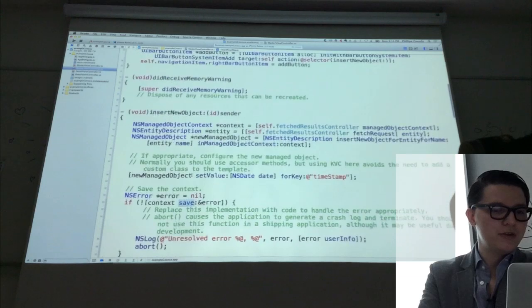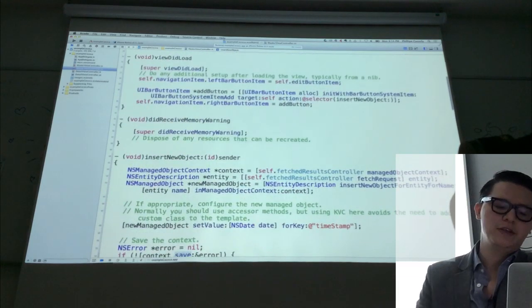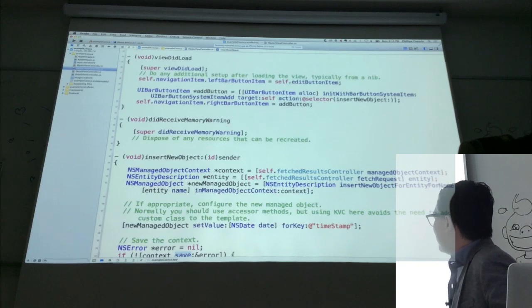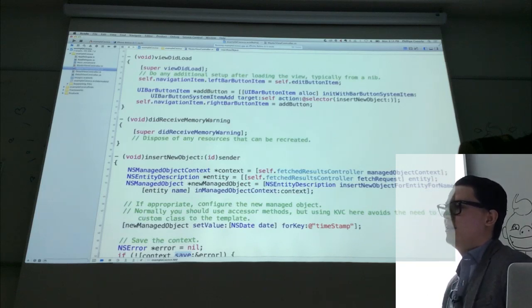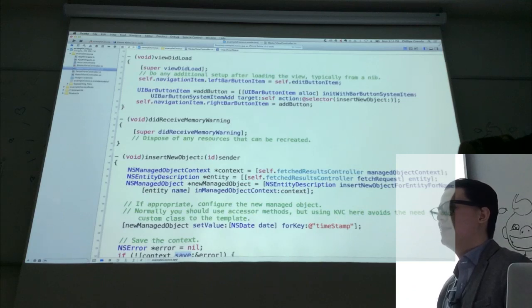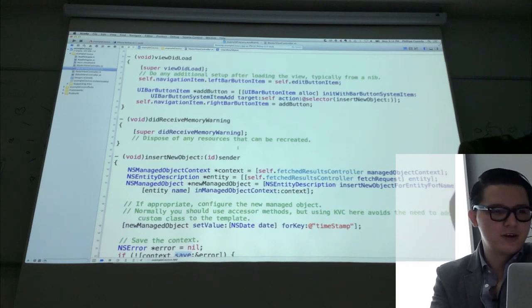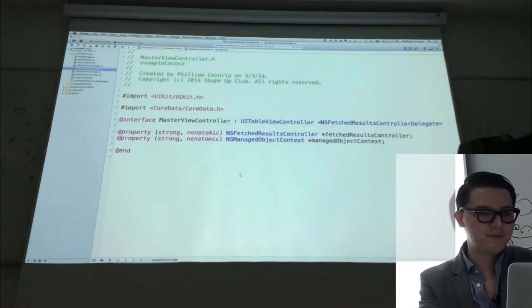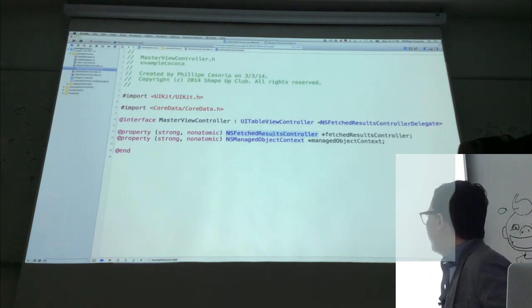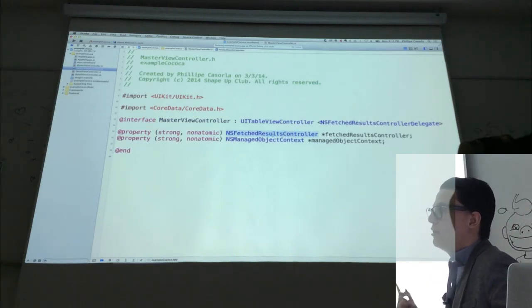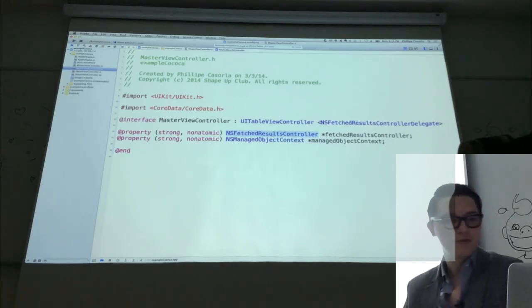And the other thing that is pretty important here is a common mistake: you're probably going to use some of the data on a table, and some people load all of the data at the same time, and then they just reload the table. Well, for that we have the fetch results controller, which is pretty awesome, I'll say. It basically handles all of that. It handles sections on the table, lazy loading for each section, and it's really, really fast. Unless it's pretty small data, you should never load all of it at the same time. You can just use the NSFetchedResultsController,